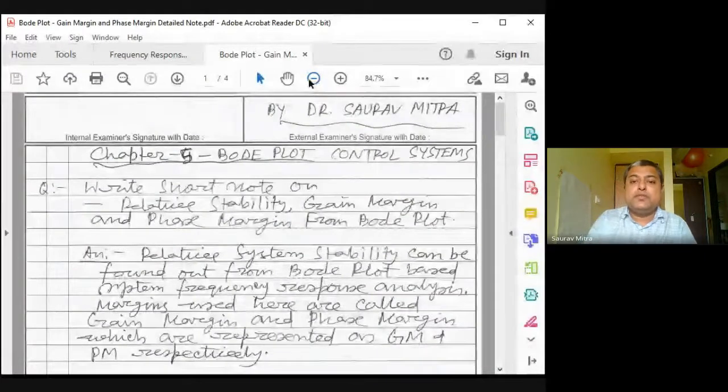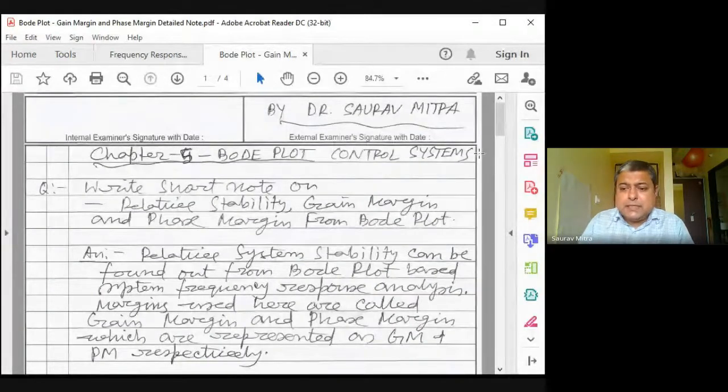The conclusions you can draw are called gain margin and phase margin. For a given frequency, whether the system gain is greater than 1, where 1 in ratio form means 0 dB, or less than 1. Understand that 1 means 0 dB, and 1 means output is equal to input. If the system gain is greater than 0 dB, or greater than 1 in ratio, the system is unstable. If the system gain is less than 0 dB, or less than 1, like 0.7 or 0.8, the system is stable. This is what we have to find out.